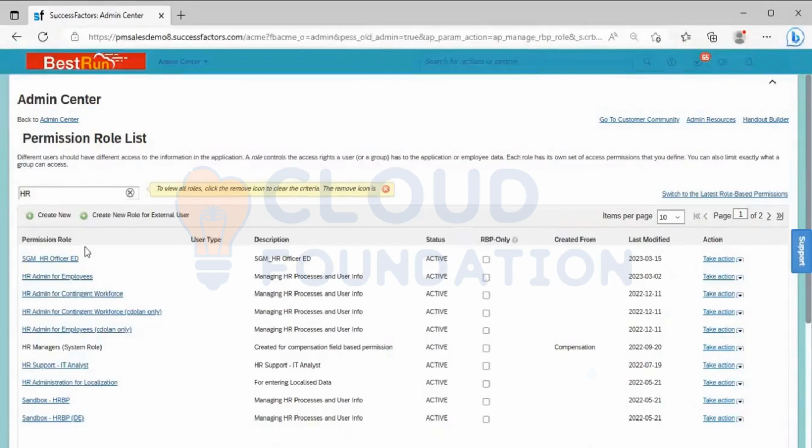When you go and see from the manage permission role, when you have landed on this page, you can see a lot of permissions are there as a support consultant. As an implementation consultant, you will be responsible for setting up all these permissions. How will you know what permissions you need to set up? You will get the information by gathering the requirement from the customer.